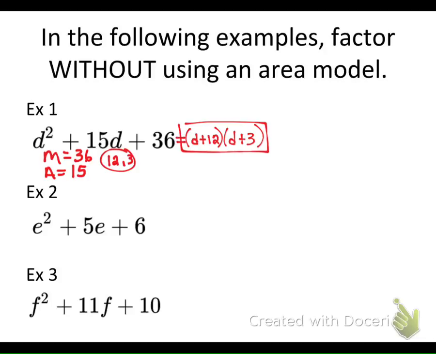Okay, so what's my M? 6, and my A? 5. Okay, what's the MA? What can you multiply together to get 6 but add together to get 5? 2 and 3. So, we're going to use these two numbers in our answer. What variable am I working with here? E, so it's going to be E